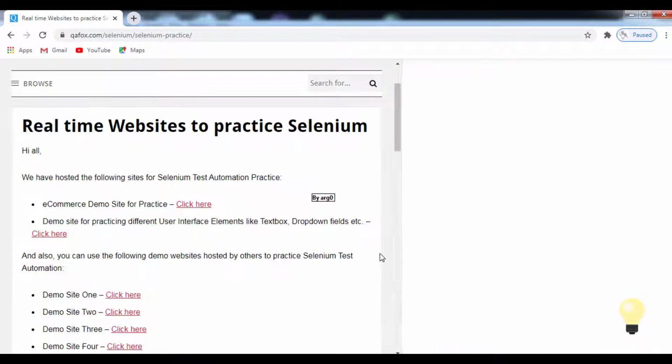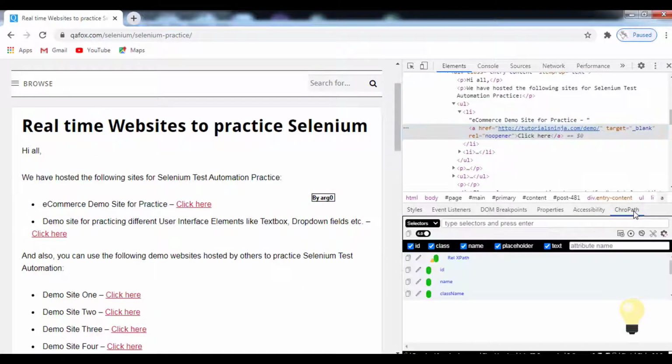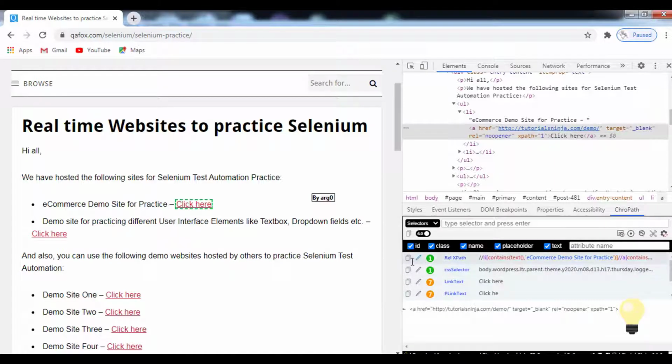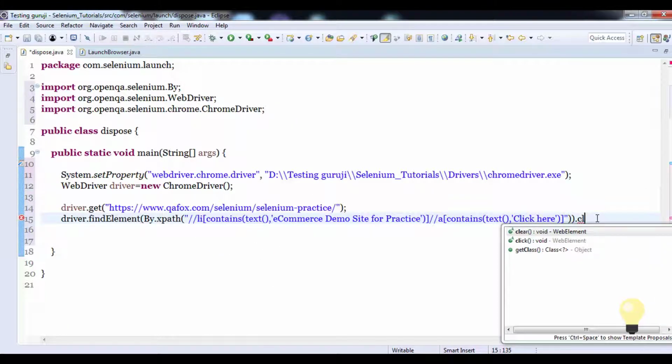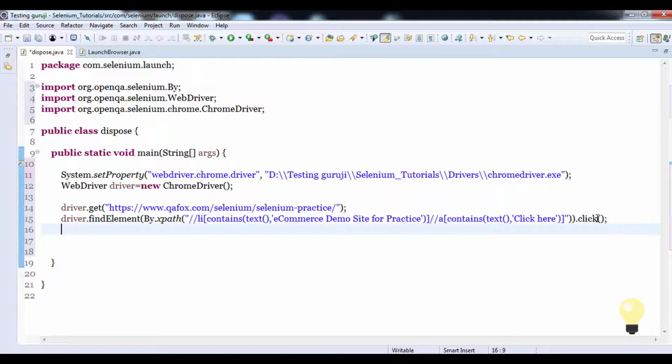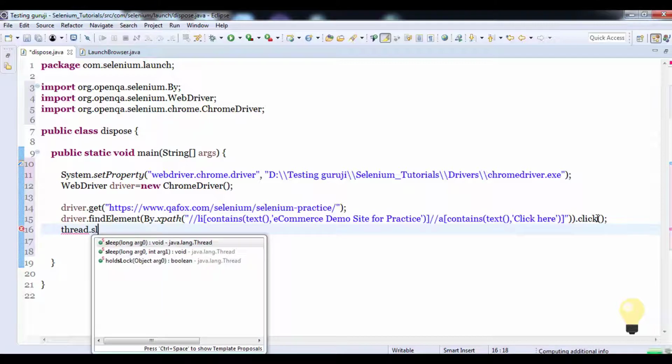So let's inspect the "click here" link. I will go with XPath locator, paste it here, and use the .click method because I have to click on the link.